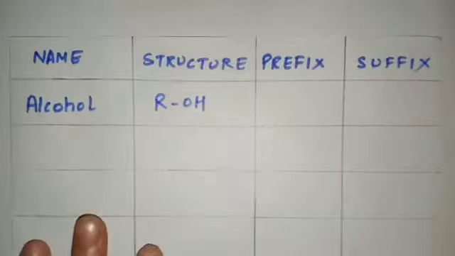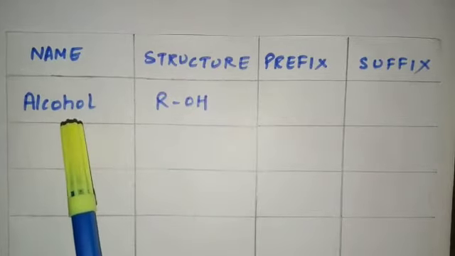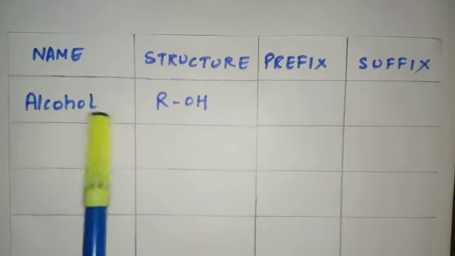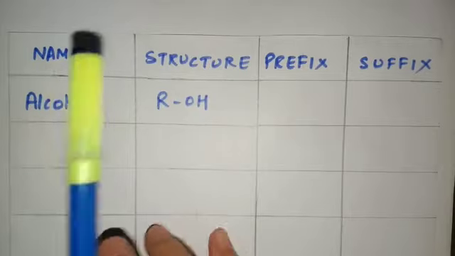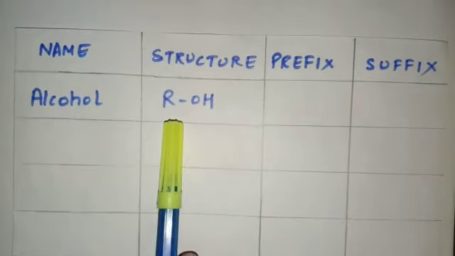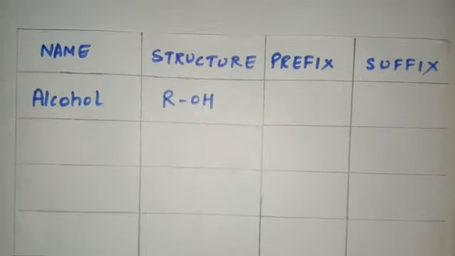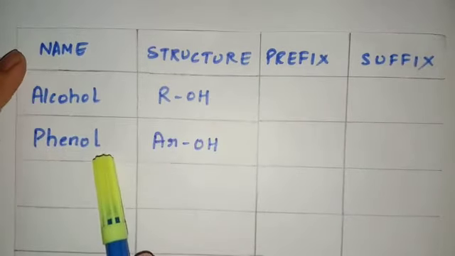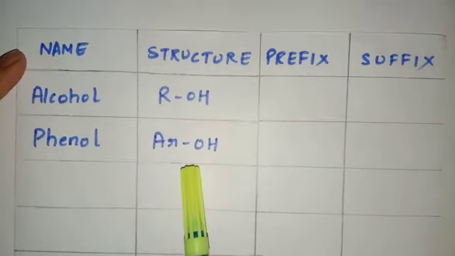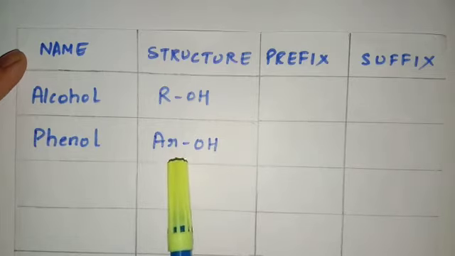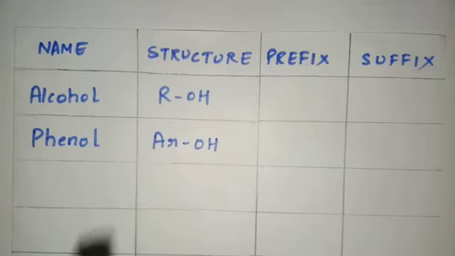So students, the next functional group which we have is alcohol, the one we have been discussing in the past few videos. The general formula, the structure of it, is ROH. OH is the functional group. The next compound which we have is phenol, and its representation is ArOH. Now you all must be wondering what this Ar is, so I'll explain it, don't worry.